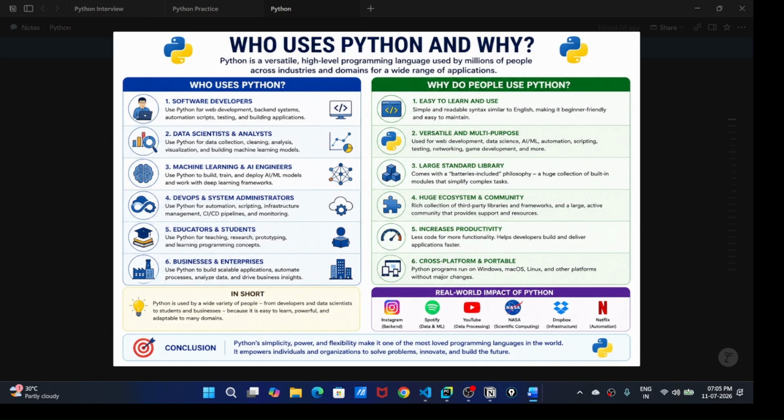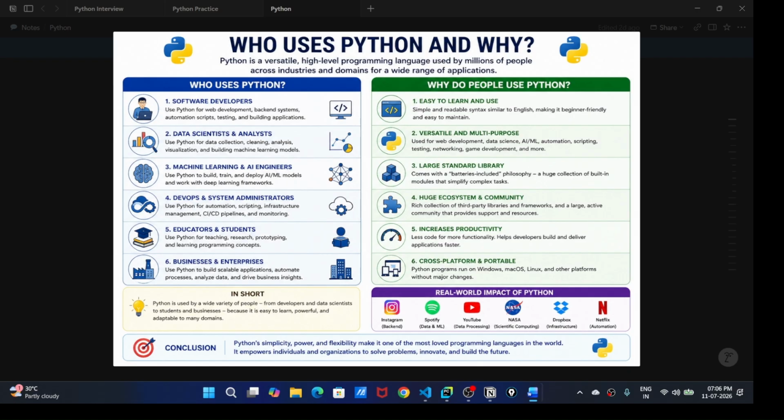The final reason is cross-platform, which means different operating systems, whether you are using Windows, Mac, Unix, Linux, or Ubuntu. All platforms can be used to solve any kind of problem. Now a couple of real-world impacts of Python. What are those?